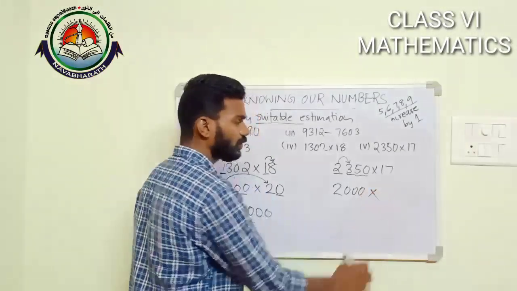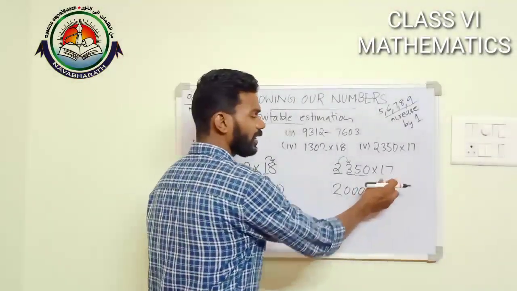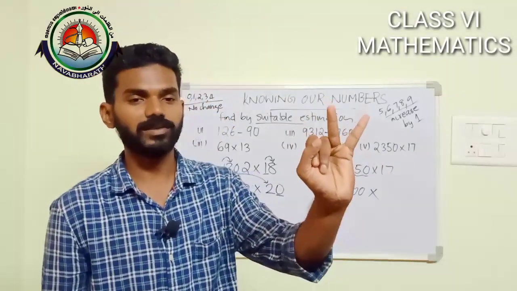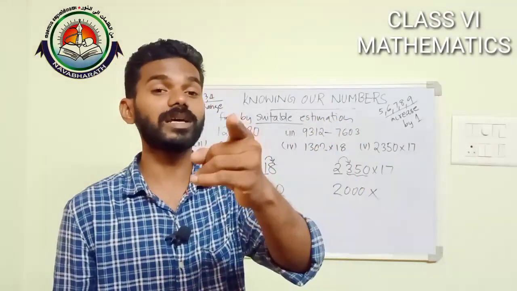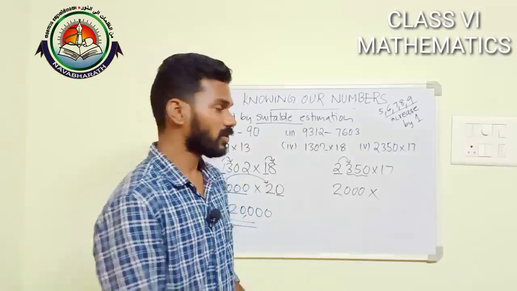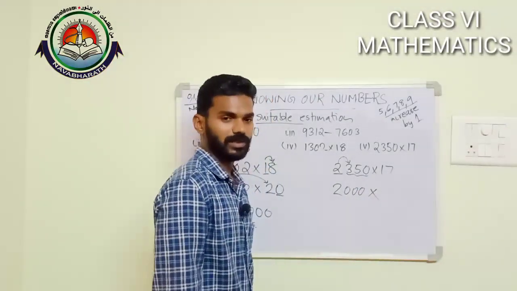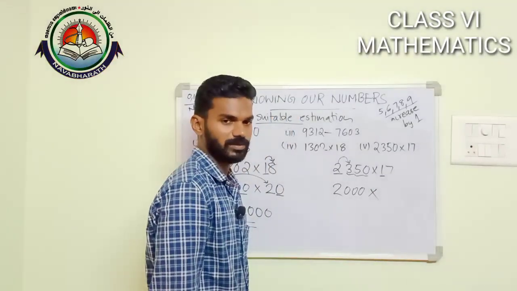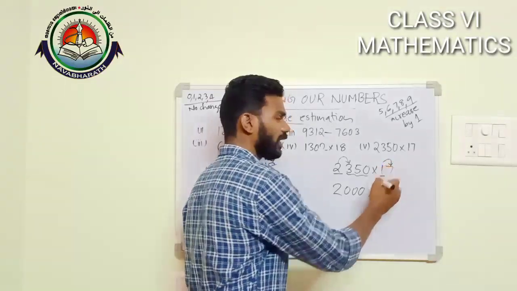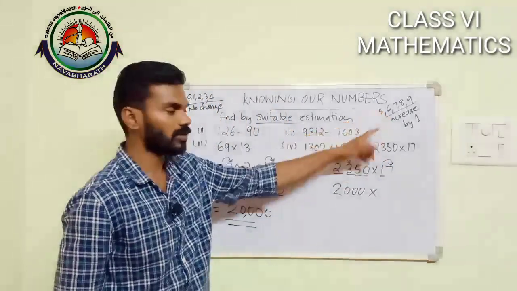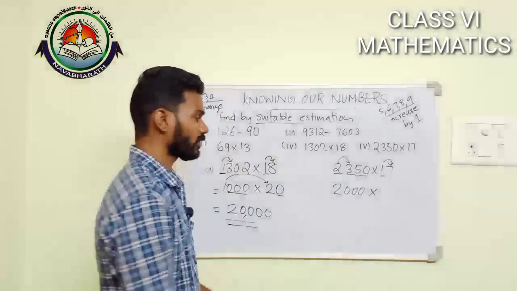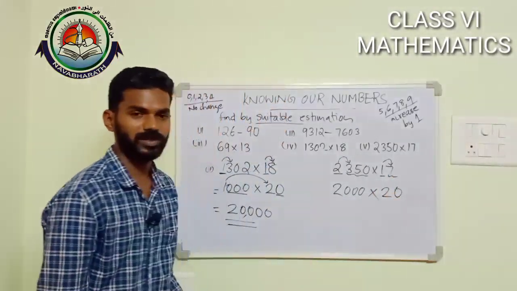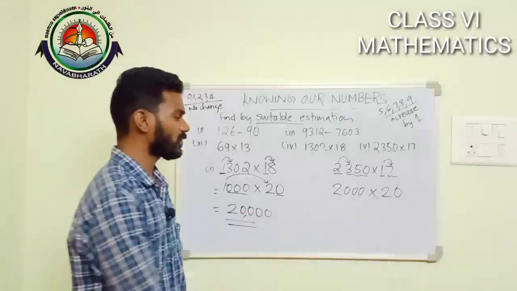Then there is an into sign. Now this 17. 17 means a 2-digit number. Ones, tens. Round off to the nearest 10. So rounding off to the nearest 10 means consider this 1 at the tens place. The next is 7. 7 belongs to this group. So this 1 is increased by 1, so that it would become 2. The remaining digit is replaced as 0.